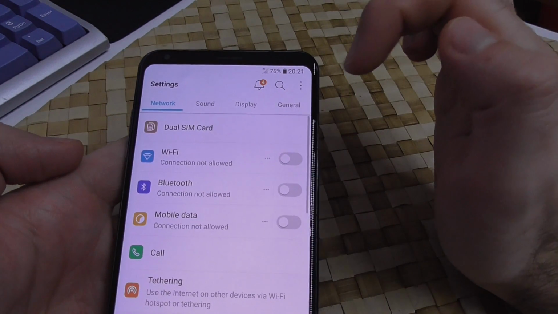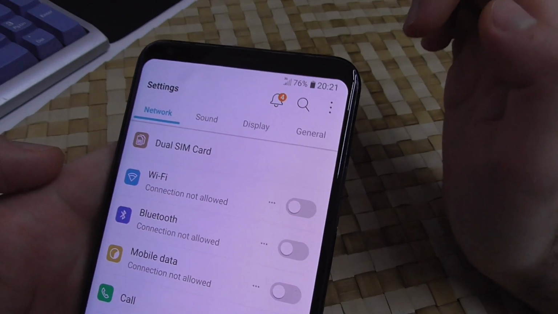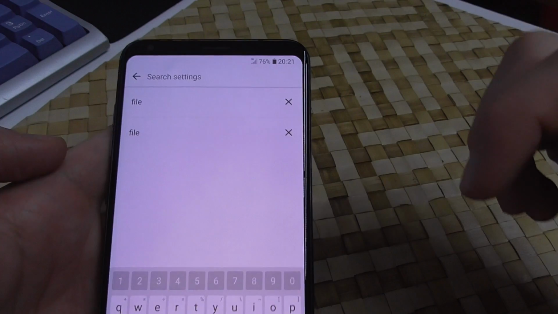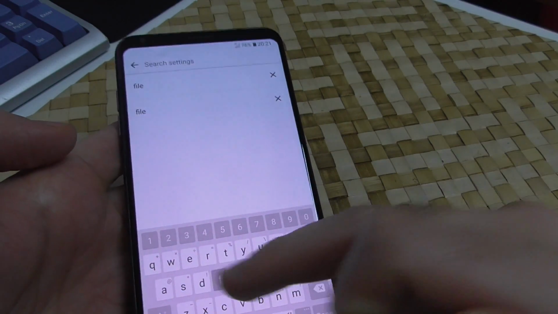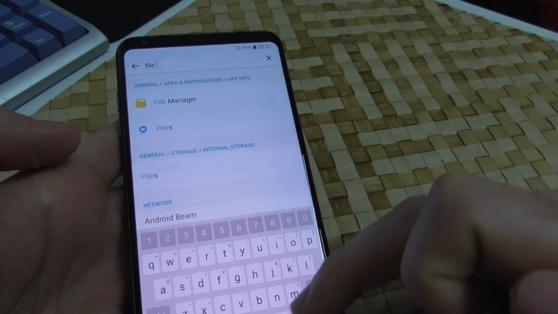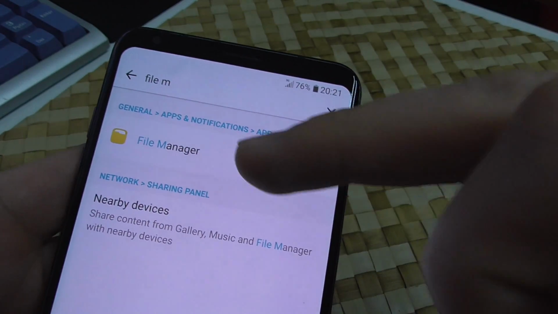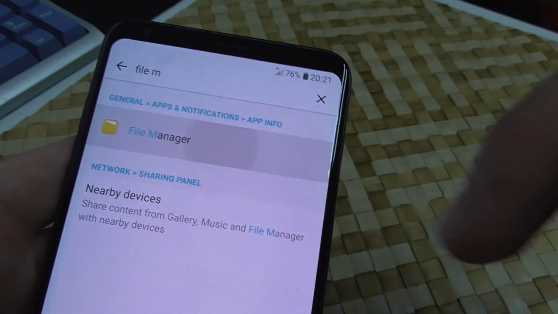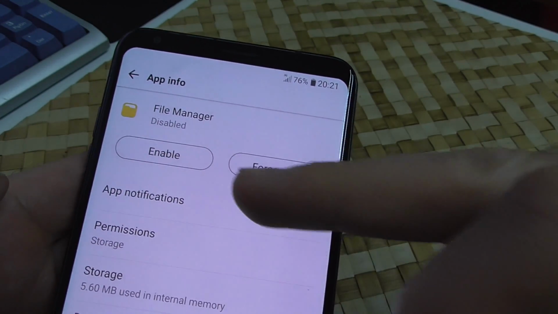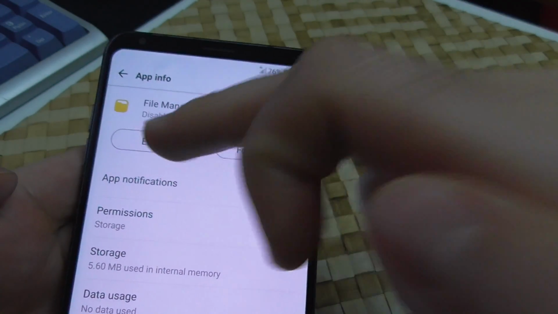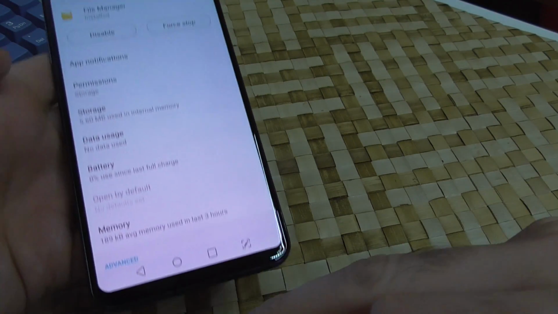Settings. Okay, come here to the magnifying glass. Okay, and type in file manager. File is enough. Okay, so here's the file manager. Tap on it. You cannot start it directly. Okay, and we have to enable it. Tap on enable, and